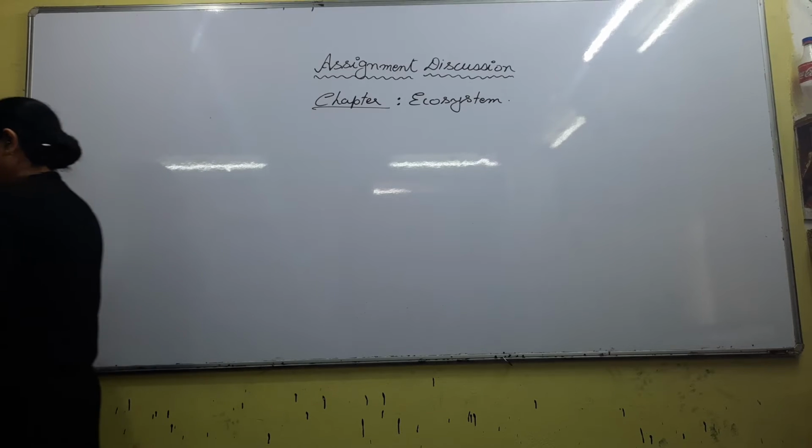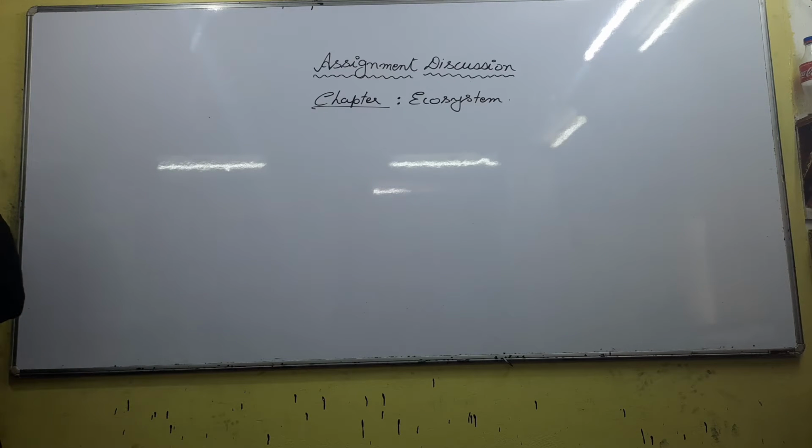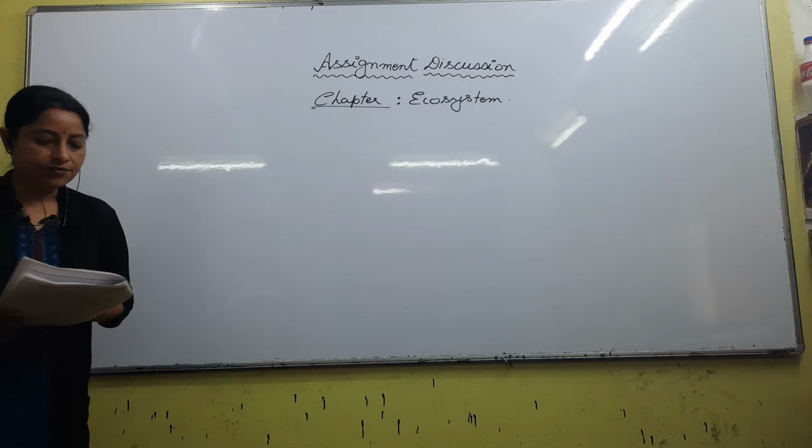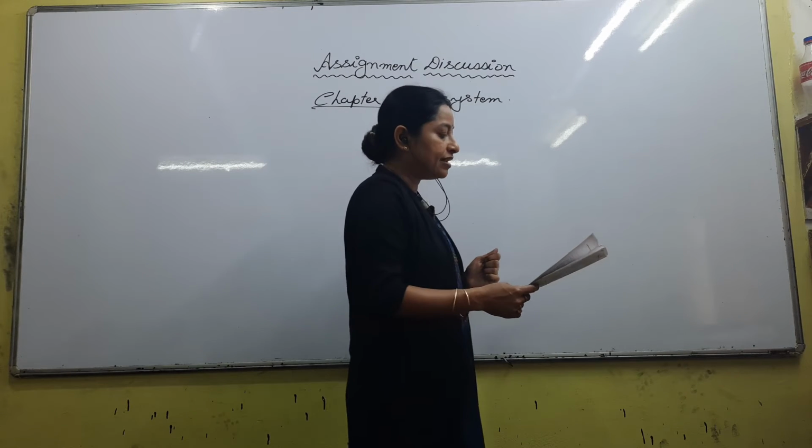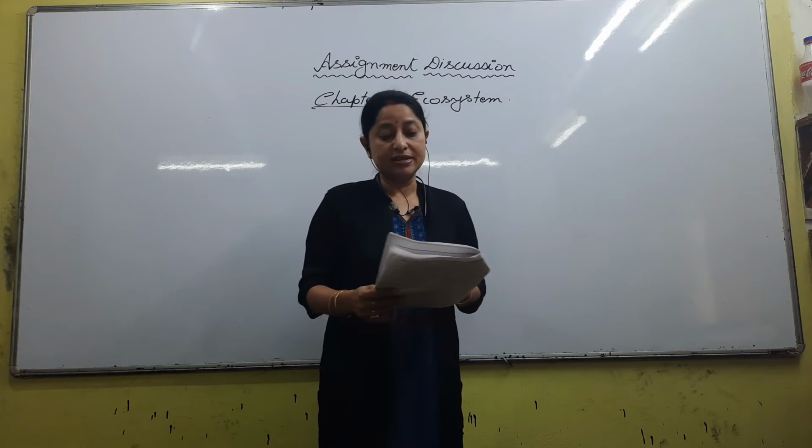42. Trophic level. 43. Pyramid of number in a tree ecosystem is